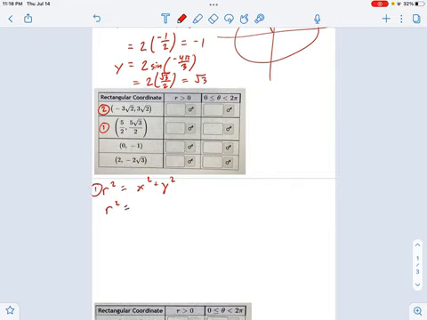So I say, okay, fine. x squared, what is that? Well, that's 25 over 4. And y squared, more complicated. That's 25 times 3 over 4. Why am I doing times 3? Well, I square this part, the 5, and I square that radical 3 also. So this turns out to be 25 fourths plus 75 fourths equals 100 fourths, which is just 25. So if r squared is 25, that means r is 5. So that's nice. Now, how about theta? Well, tangent of theta equals y over x, right? y over x.